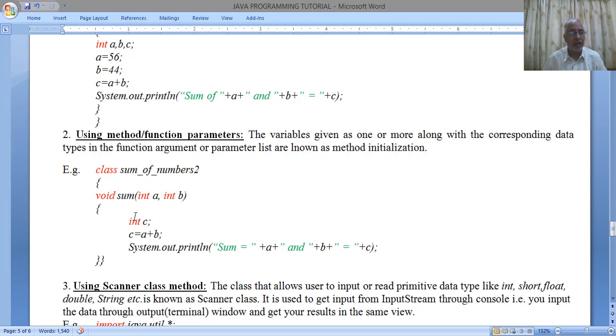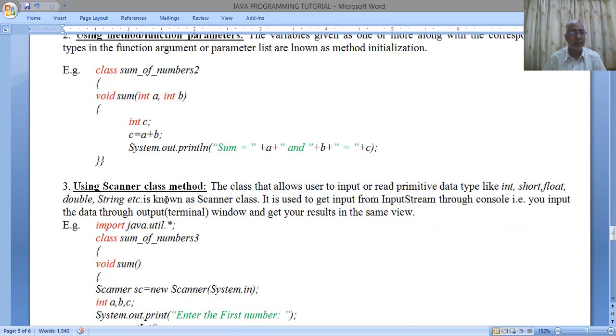Every time you run this program and you run this function, what will happen? The computer will ask you the values. It will demand the values from you, and accordingly you can change the values of your choice and get the answer. So this is a better method. This is a more generalized program as compared to the previous program, which is more specific to the values. This is more generalized because the values are going to be changed every time you run the program.